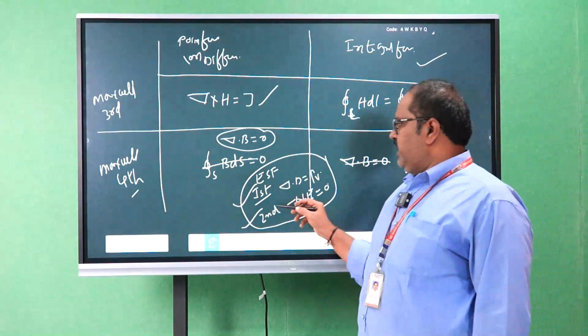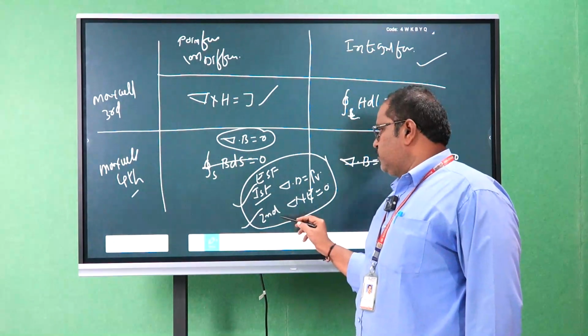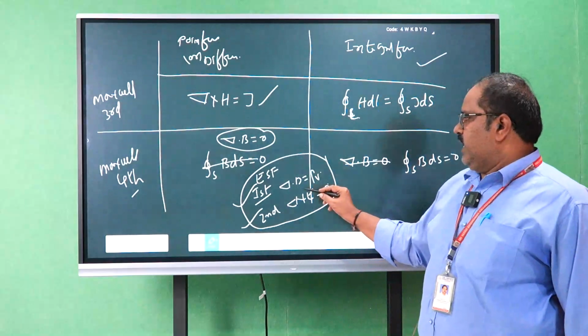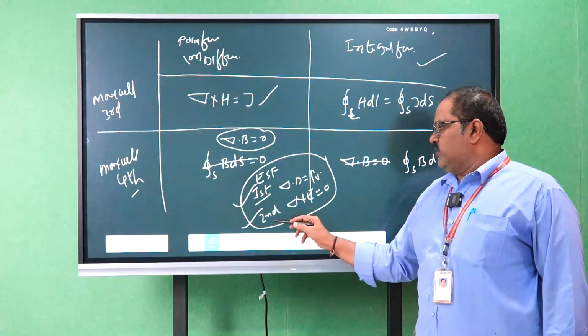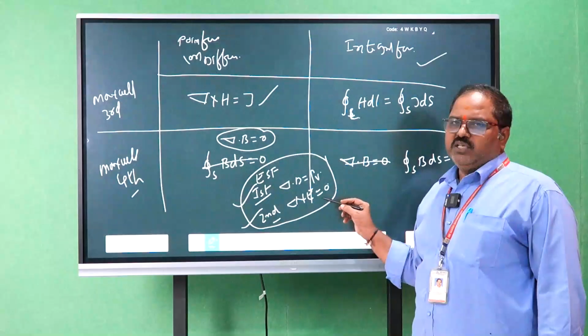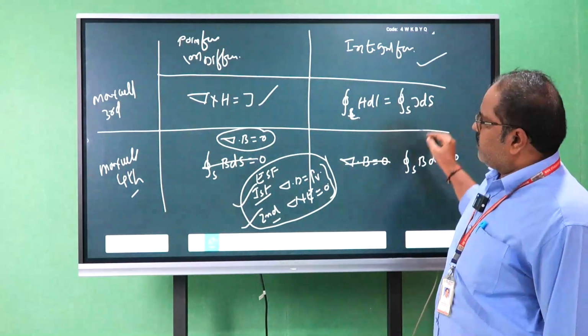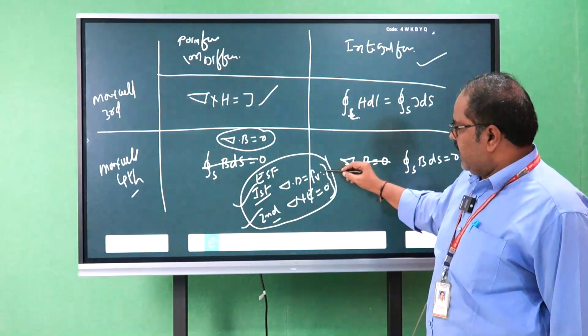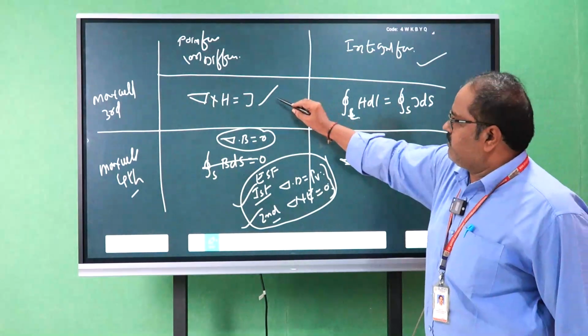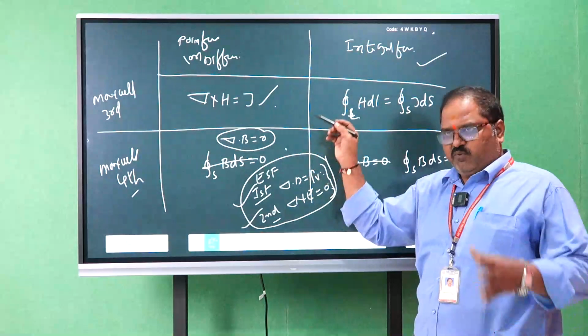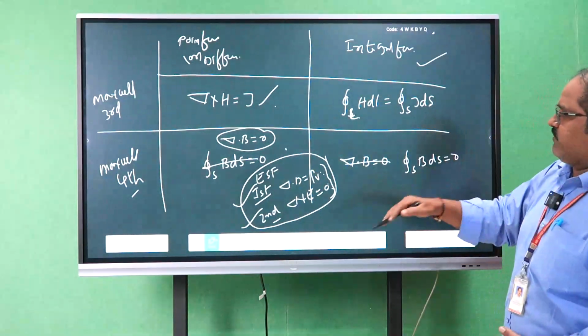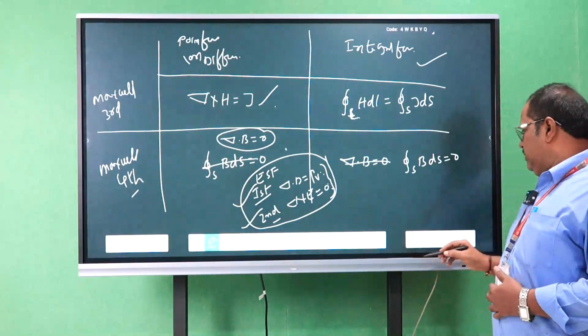In electrostatic field, Maxwell equation 1 is del dot D is equal to rho V, and Maxwell equation 2 is del cross E is equal to 0. These are two equations. Therefore, overall, there are 4 equations: Maxwell first equation, Maxwell second equation, Maxwell third equation, and Maxwell fourth equation. There are 4 equations in electrostatic field and magnetostatic field. Next one is